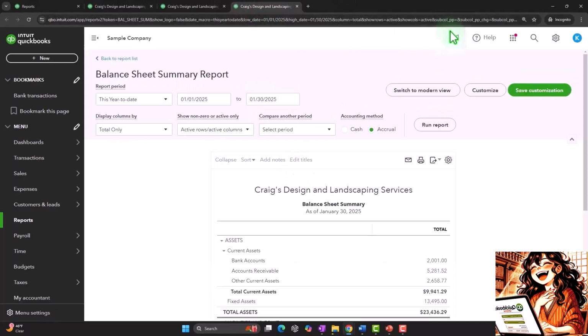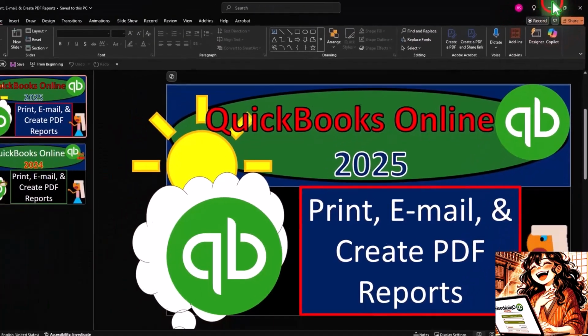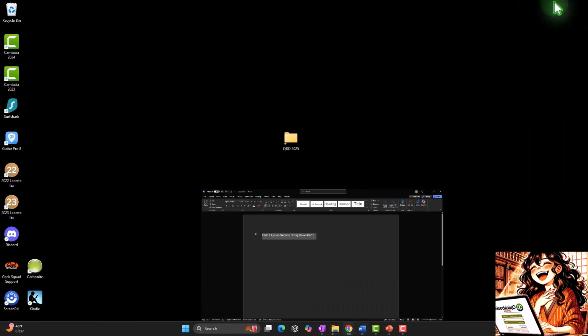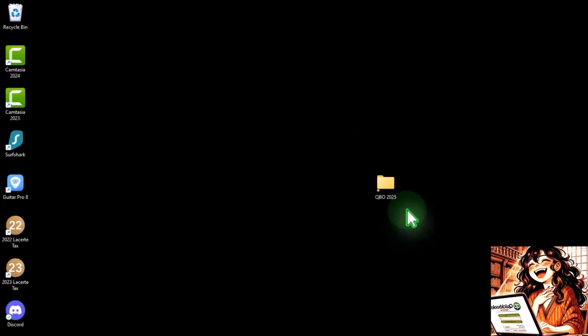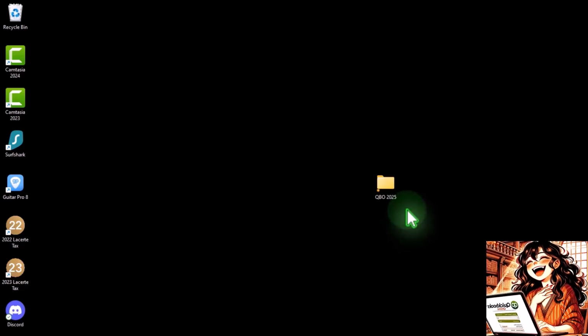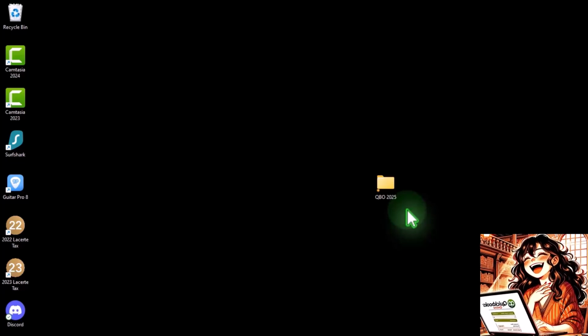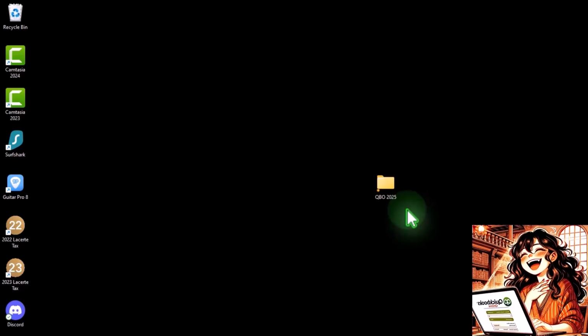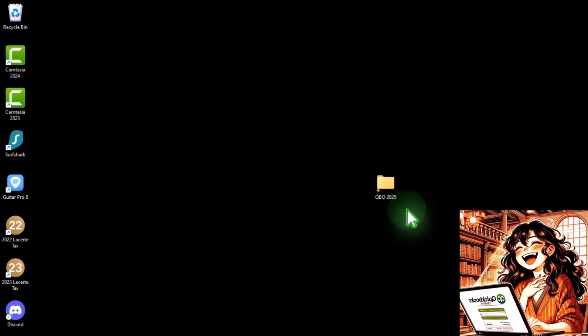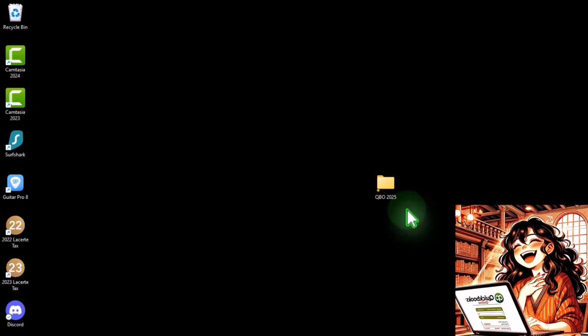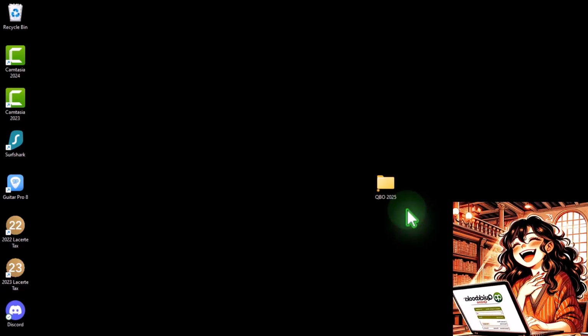Formatting of this report, noting that I'm going to go to my desktop here, and we're going to put this on the desktop in a folder that I called QBO 2025. Now, if you're a bookkeeper, you might have multiple clients, in which case you might be storing your files somewhere and saying store the file by client possibly, and then within the client file, you might have information by